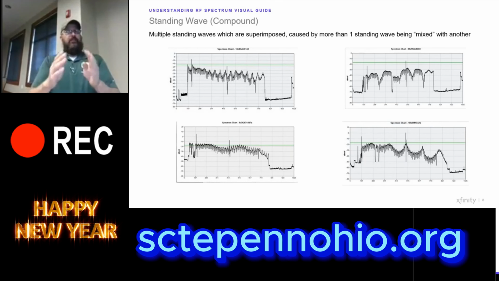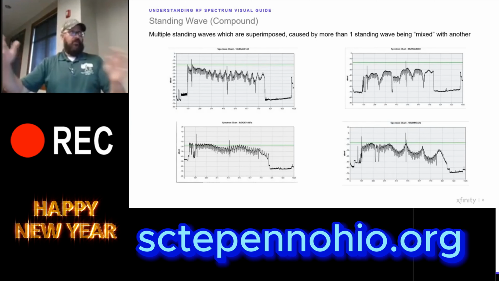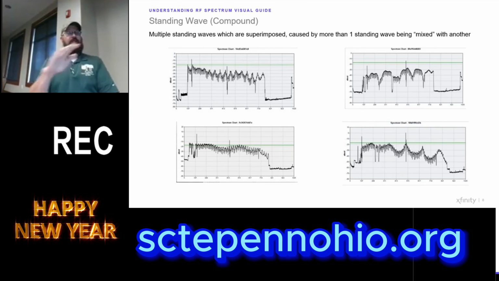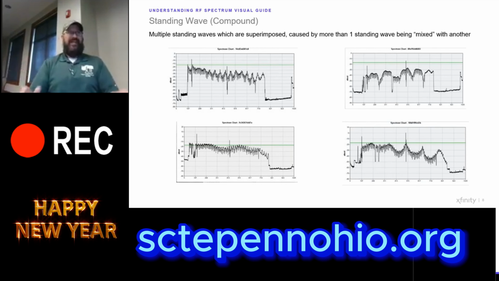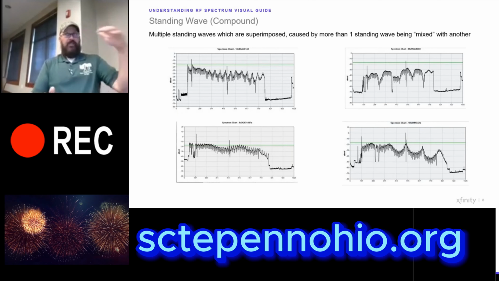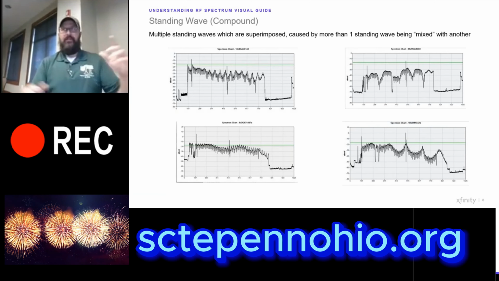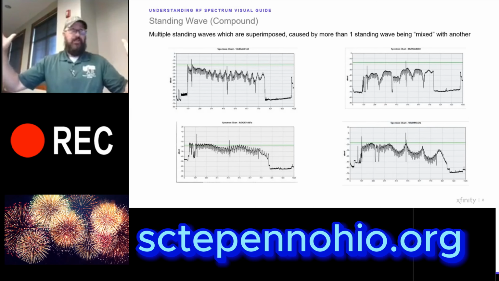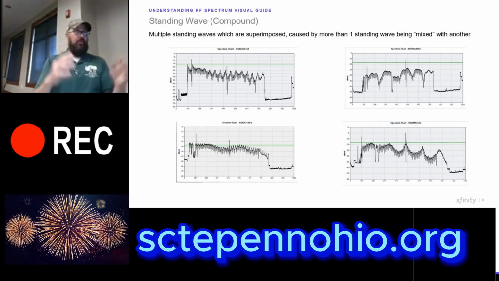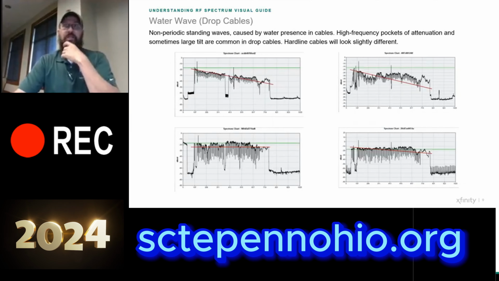So now this doesn't immediately tell you how big your cavity is, right? You have to go to your intelligence tools and it'll probably show you a couple of different cavities. However, when you look at the response itself, you can say, hey, I have more than one thing going on, right? Where before, when I look at the periodic sinusoidal wave, I can say there's likely one primary problem here that's creating this big cavity because it's periodic. When I look at a compound standing wave, I'm looking for multiple sources that are combined together. Okay? Now, water waves are